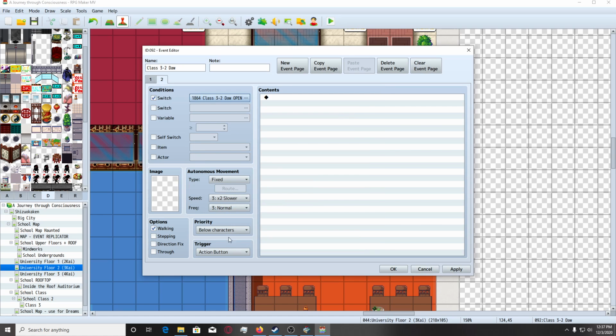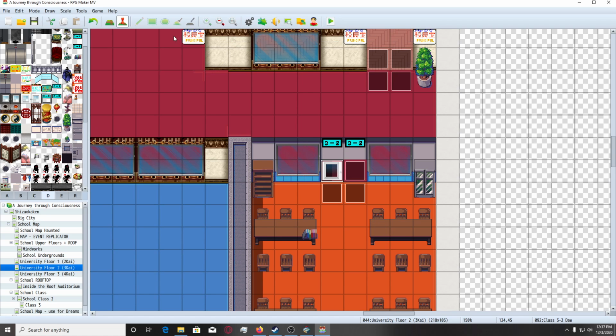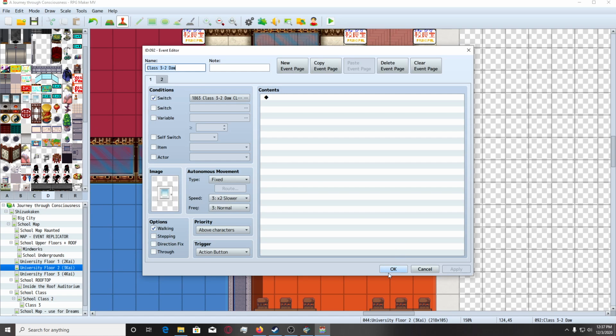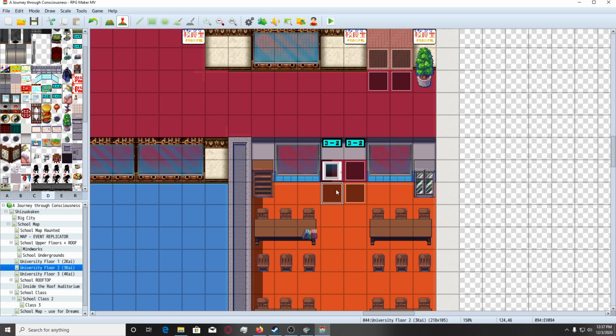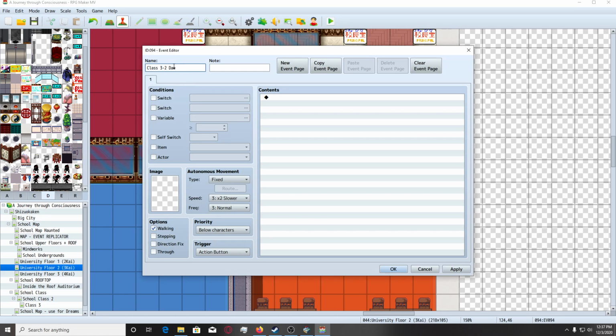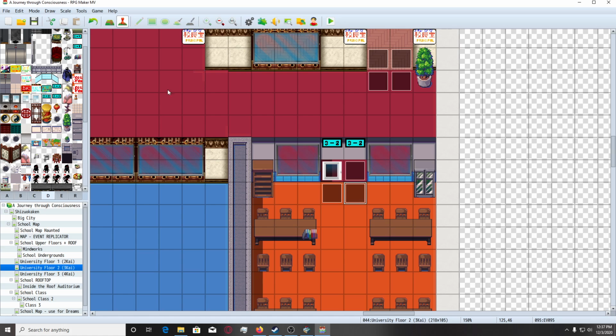And this one is the door closed. The player can walk over it, so this is not much of a problem. Okay, now copy, paste. Okay, this one should be move up. No, wait, it's exit event, save,